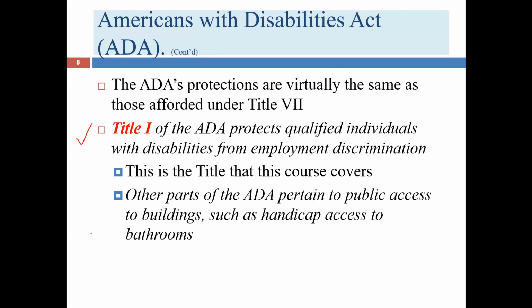You will in your career very possibly hear about Title II situations. A lot of times these have to do with public accommodations. For example, if you are Jerry Jones and you are designing your football stadium, you have to make sure that you comply with Title II because that provides rules about how many elevators you need to have, how many handicapped parking spaces you need to have, what aisle widths need to be, things along those lines.